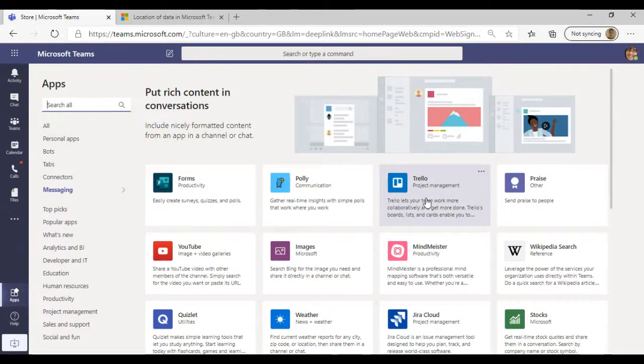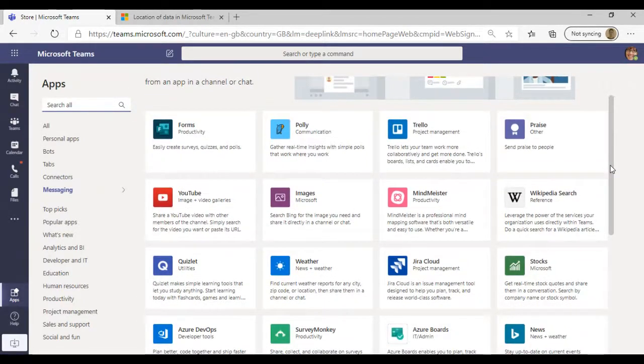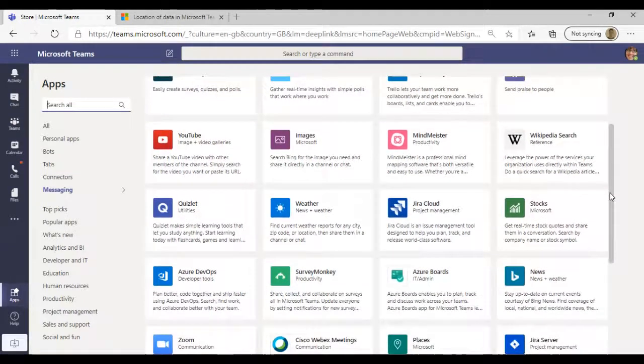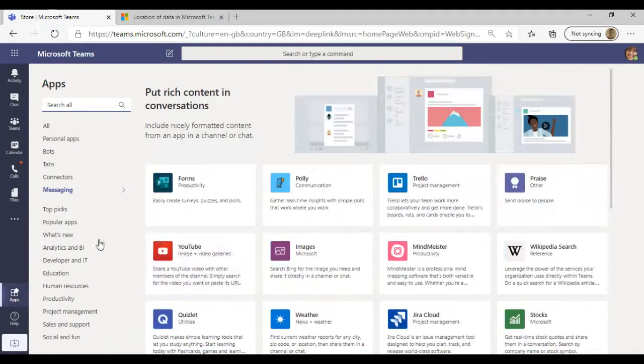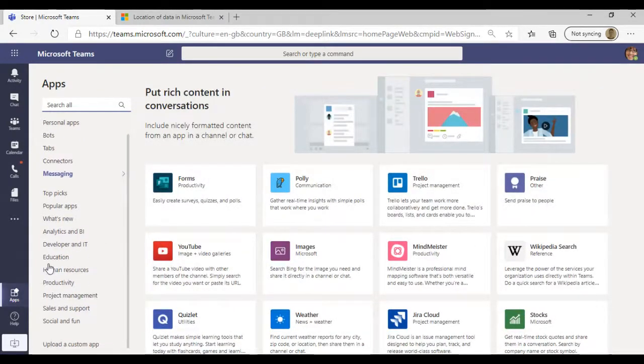So I'll pick out a few here, for example, Trello, or Jira, if you use that a lot through project management type approaches. There is actually the ability to add in Lucidchart in here. I've used Lucidchart a lot myself. There is a huge amount, and they're segmented by type on the left-hand side. So it's really important that anybody using Teams has the full functionality of adding in external apps or any other project management or collaboration tools that they use in their day-to-day business, so that you're using Teams to its fullest, rather than just being siloed to the Microsoft specific apps.